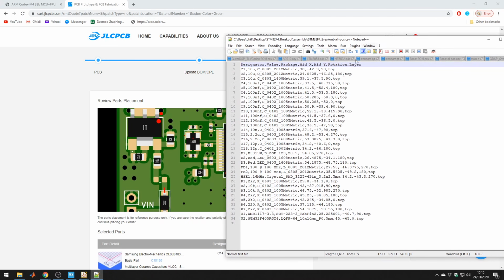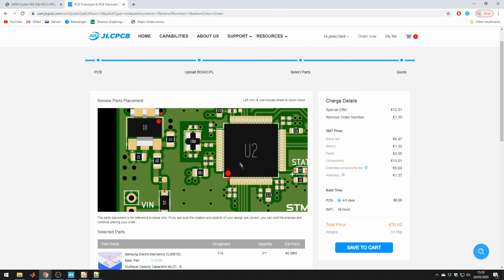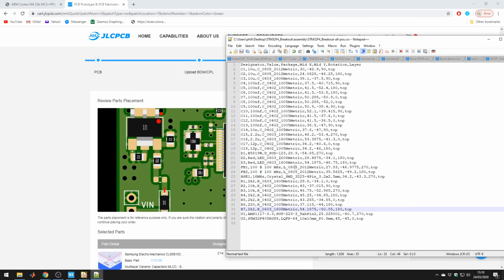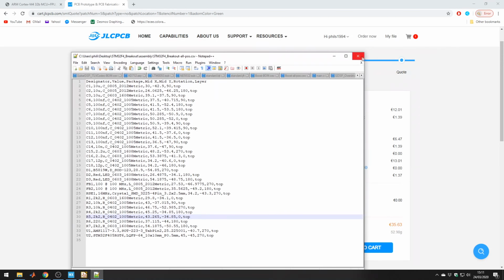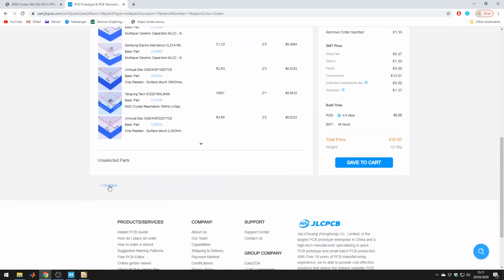U1 is off by 180, isn't it? So for U1, we just add 180 to it, so it makes it 270. And this one is off by 90 degrees, and the sense of rotation is that counterclockwise is positive, so we have to take off 90 degrees, and it wraps around 360, so it's also 270. So we save that, close that, go back,